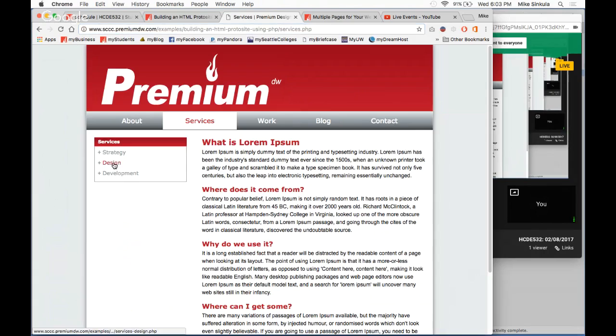If I click on any one of these subpages like design, now it's services-design. And you'll notice that when we are in some of these subpages or in any one of these sections, the navigation stays highlighted. So in terms of what navigation does, when we hear the term navigation,